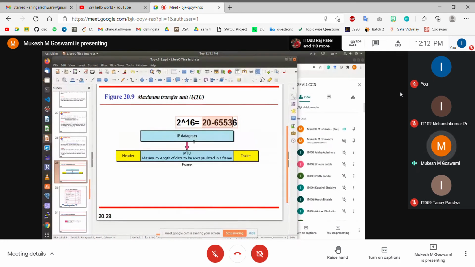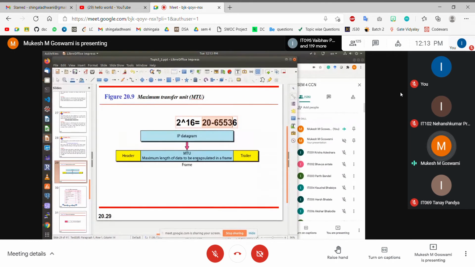Now, how do we determine what is going to be the size of the IP packet? Should I keep it 20 bytes or 100 bytes or 200 bytes or let's say 3000 bytes or 5000 bytes? How do I determine it? So the size of the IP datagram is actually determined by the size of the frames which are formulated at the data link layer. We already know that the data link layer will be bundling data in terms of a frame. We already know that the frame can have some maximum size, right? You cannot have a frame size going beyond it, right?